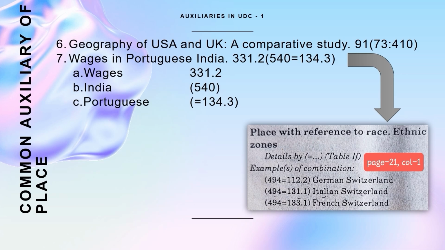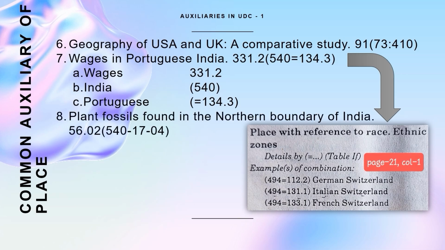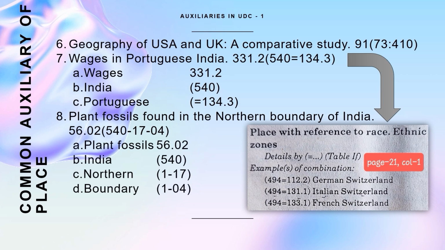So these numbers are for Switzerland, where German people are there, therefore the German number comes from the language equal to 112.2, then Italian equal to 131.1, and French equal to 133.1. And another example, you see plant fossil found in the northern boundary of India. So plant fossil number 56.02, India 540, and northern number, that is northern part of the world, 1 means world, 1-17, that is northern world,